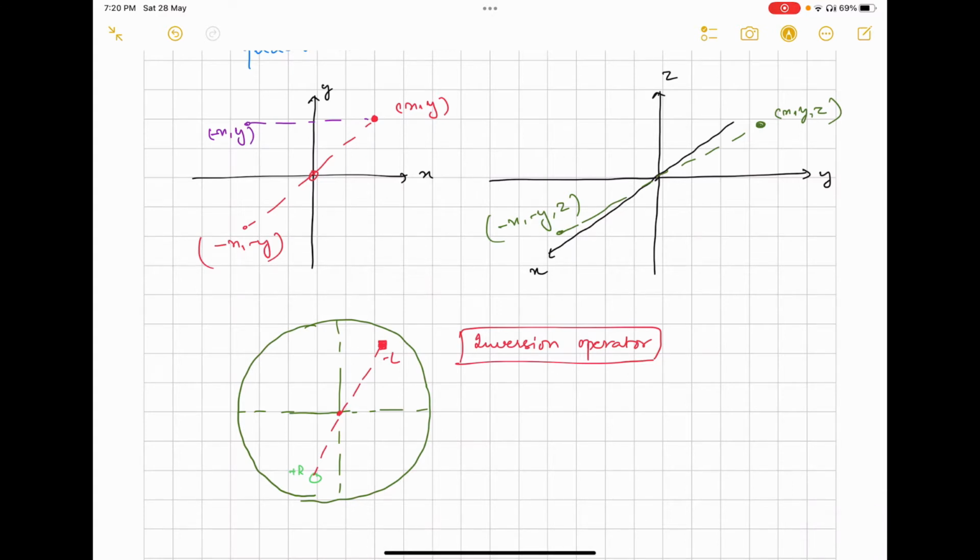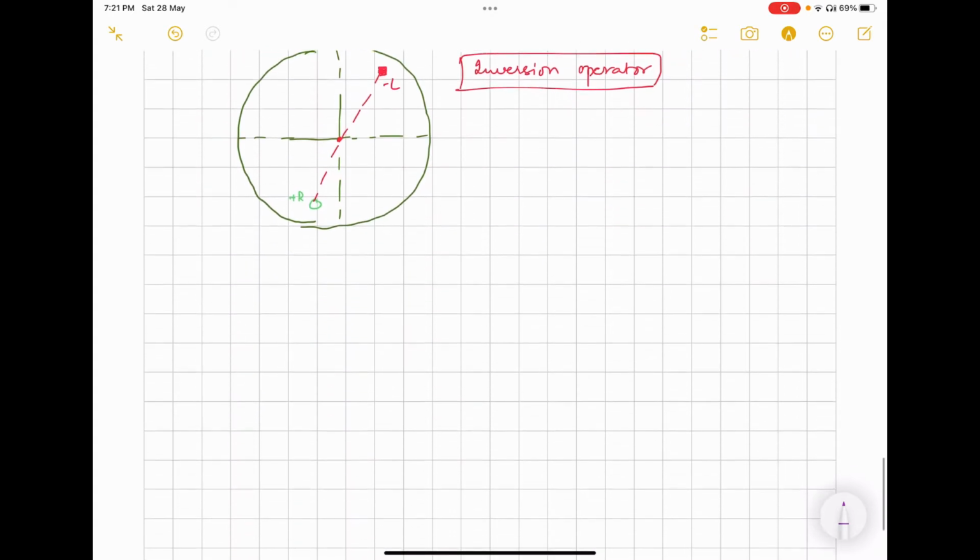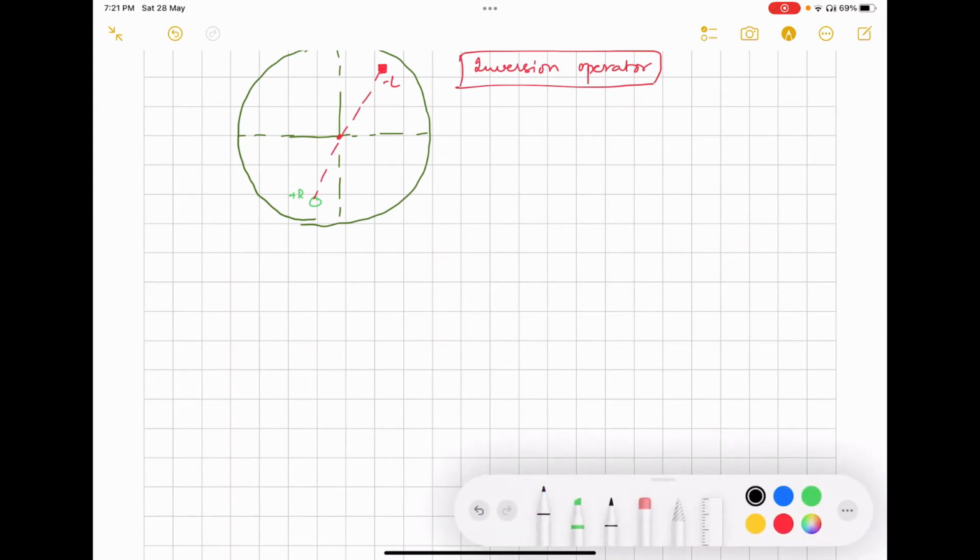Or if this mirror is along x, it becomes x comma minus y. And here, if the mirror is horizontal, that is in this xy plane, if the mirror lies here, then this point changes to x, y, minus z. So, when you represent these on a circle,